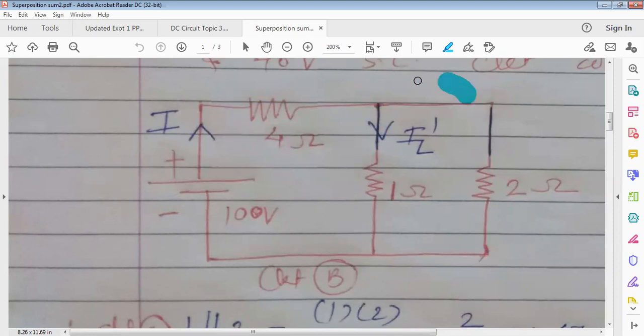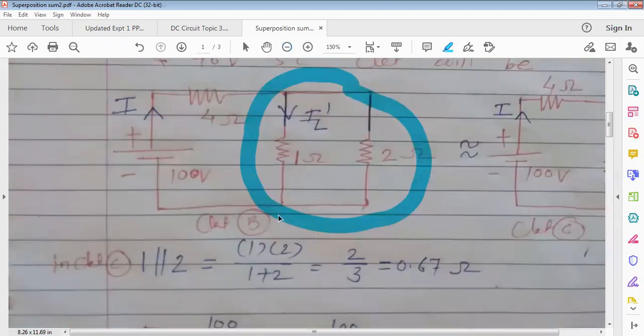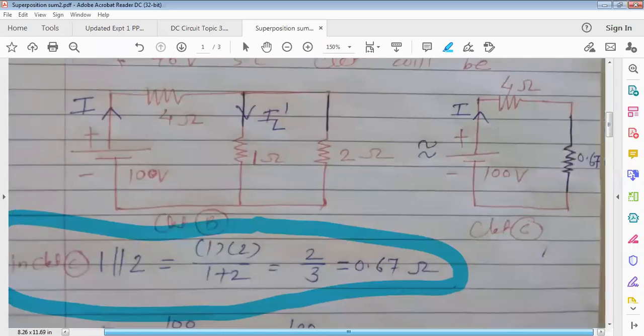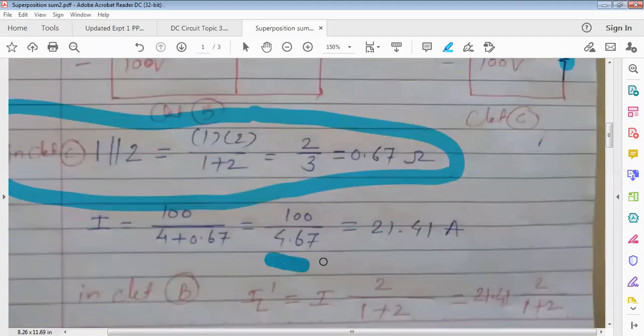So 1 and 2 ohm are in parallel. So 1 into 2 divided by 1 plus 2. See here 1 and 2 are in parallel. 1 into 2 divided by 1 plus 2, that is 2 upon 3, means 0.67. Okay, that is its resultant. So 0.67 is in series with 4 ohm. So total resistance will be 4.67, isn't it? So 100 volt divided by 4.67, you will get the total current